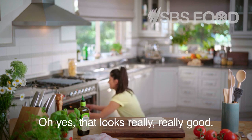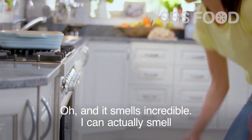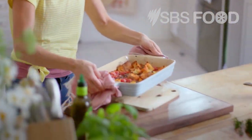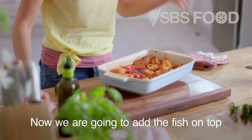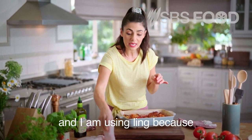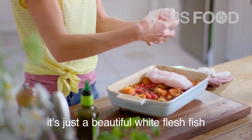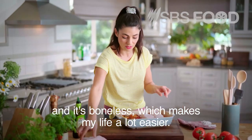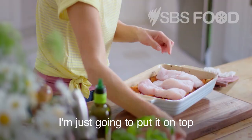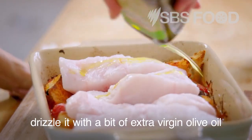oh yes, that looks really, really good. Oh, and it smells incredible. I can actually smell every single ingredient that has gone into this base. Now, we are going to add the fish on top. And I am using ling because it's just a beautiful white flesh fish and it's boneless, which makes my life a lot easier. I'm just gonna put it on top, drizzle it with a bit of extra virgin olive oil,